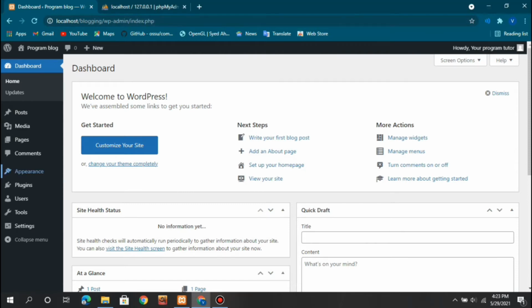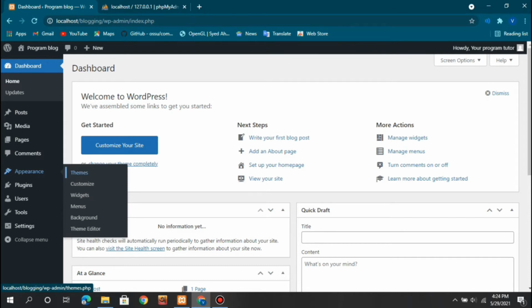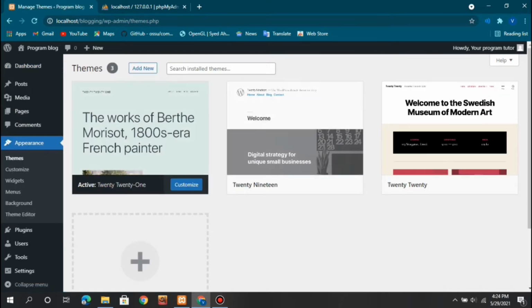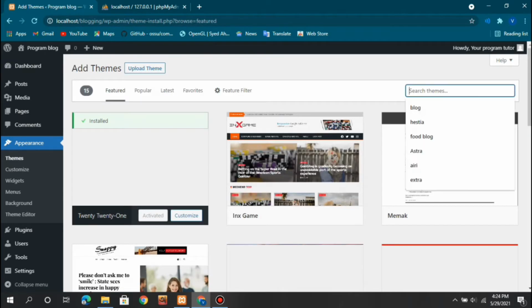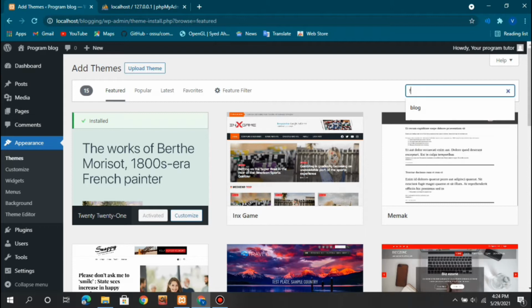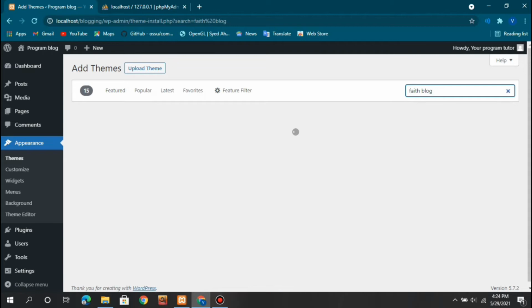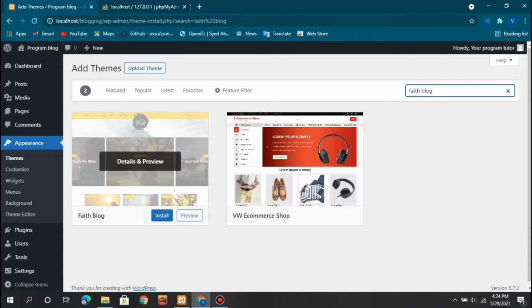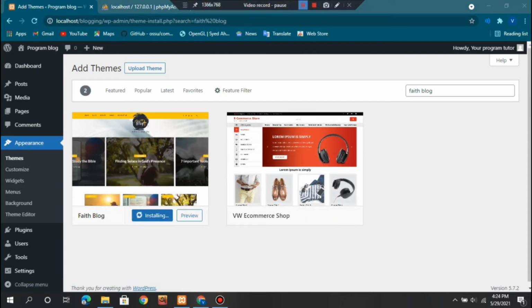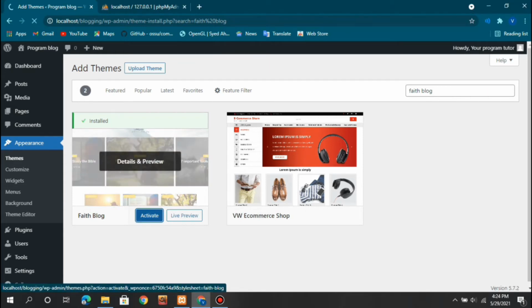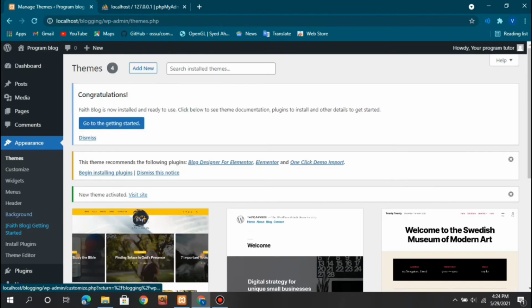Now I'm going to be getting a theme. Let's get a theme, and let's choose. Actually, I have a theme in my head. Its name is Faith. According to me, it was looking good, so I decided to get a copy of it, and it was also free. And after installation, click on activate. So the theme has been activated,